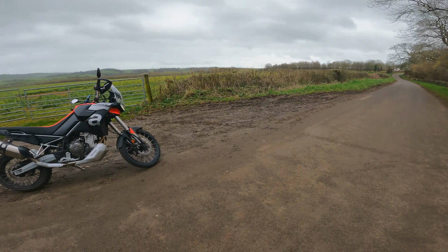Urban is going to be your more rain orientated mode, so the traction control is going to be the highest, the ABS is going to be up there, the engine braking is going to be the least. So ideal for around town, or especially if it's doing the wet stuff. Explore is going to be your more everyday riding,